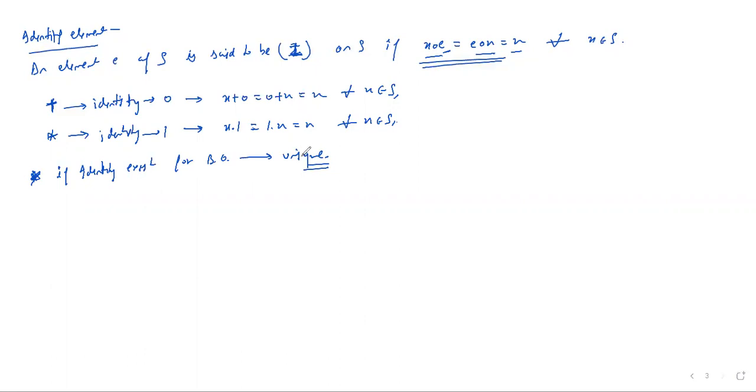Now let's come to the definition of group. What is the group? We have seen enough about binary operation. Let's see the definition of group. It says that a group is a set S together with an associative binary operator on S